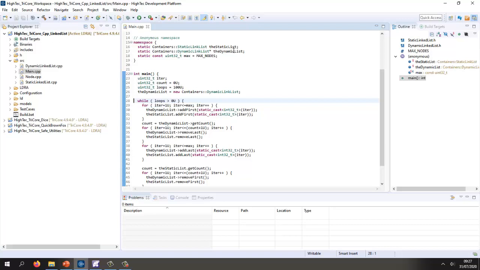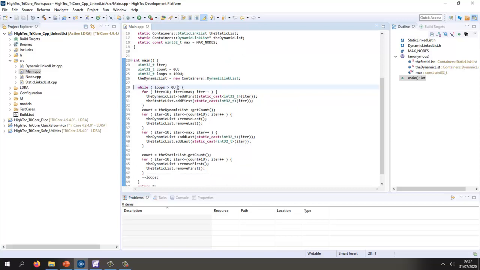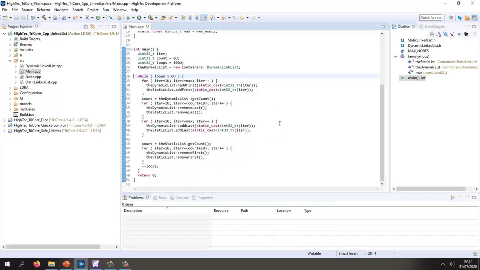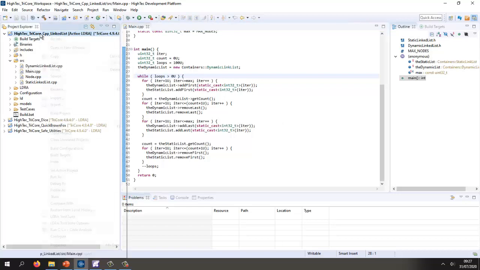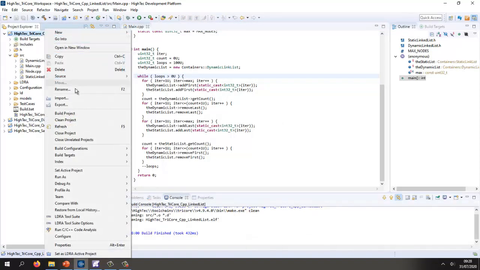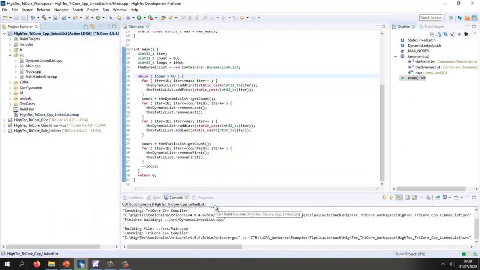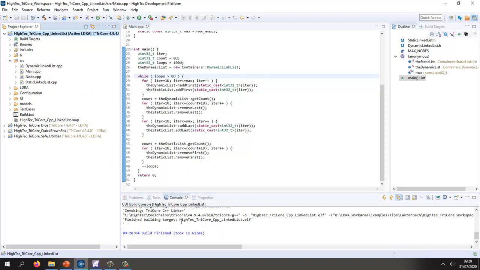Basically it's creating a linked list, a static linked list and a dynamic linked list, and then it's iterating 100 times and basically adding things to the list, removing things from the list. So first of all, let's check we can actually build this. So let's go and do a rebuild. I'll do a clean and I'll do a build, and there we can see that's building, and that's successfully built